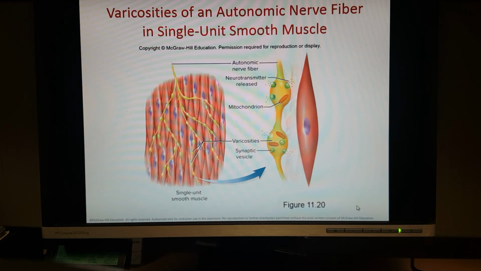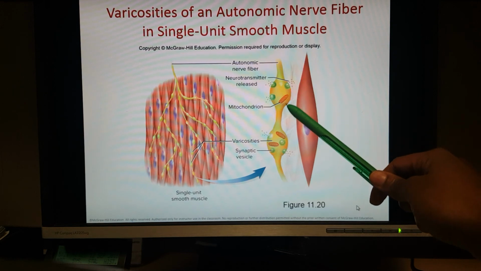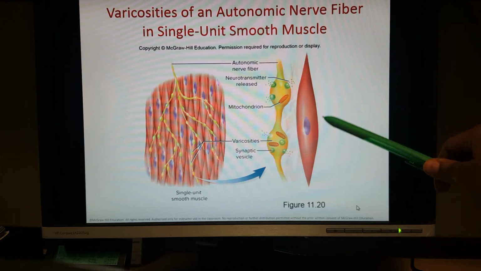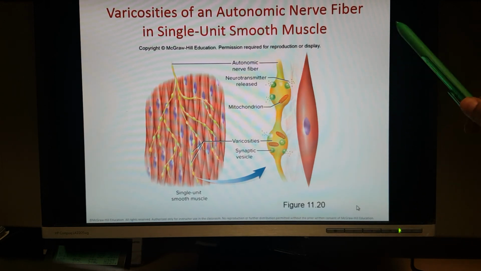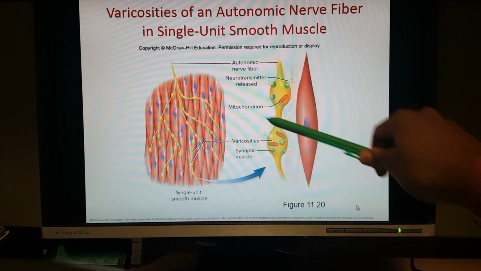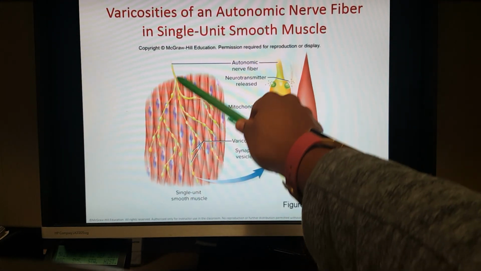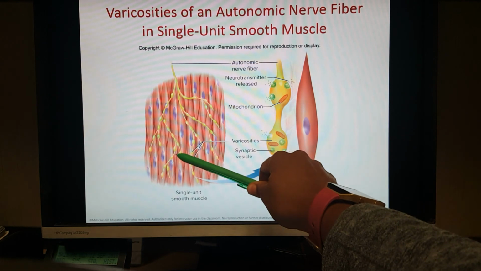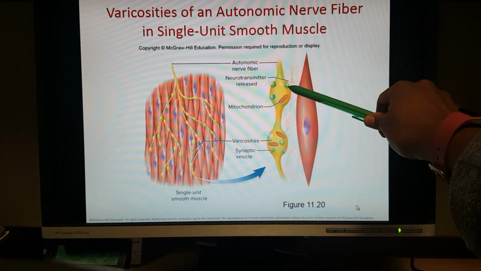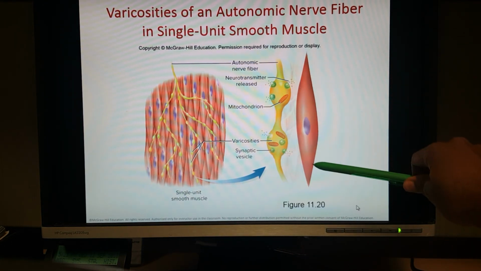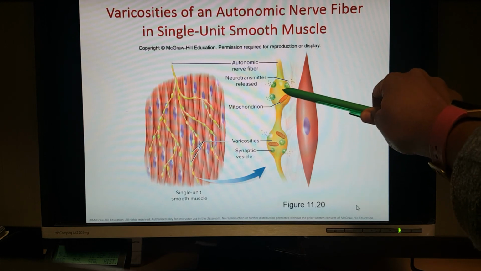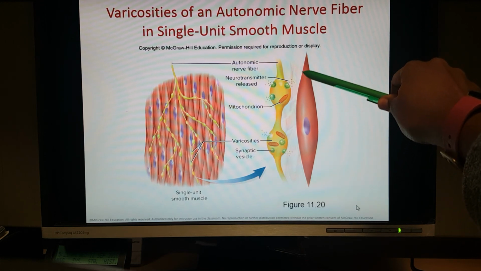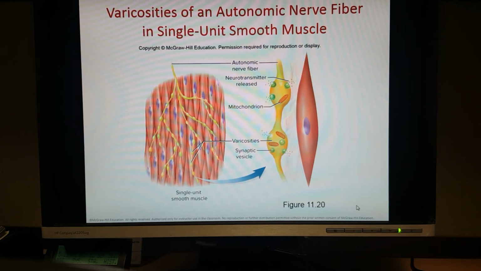So here's a picture of a type of smooth muscle, a single unit smooth muscle. There's also another type of unit that's a little bit more direct, but we're just focusing on this type. So here's our nerve in yellow. And the little bulges are varicosities, so they just release the neurotransmitter close to the cell, and then eventually that neurotransmitter, going from high concentration to low concentration, will find its way to the cell and cause